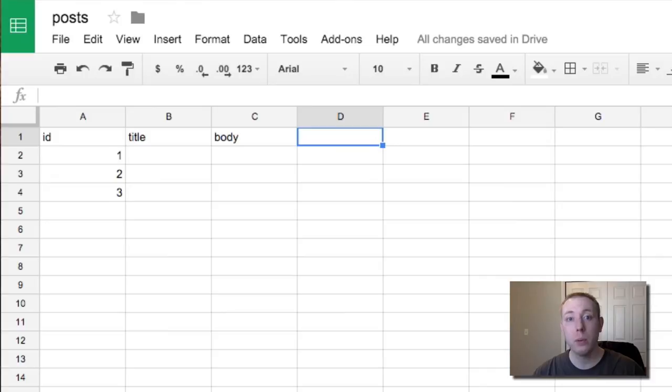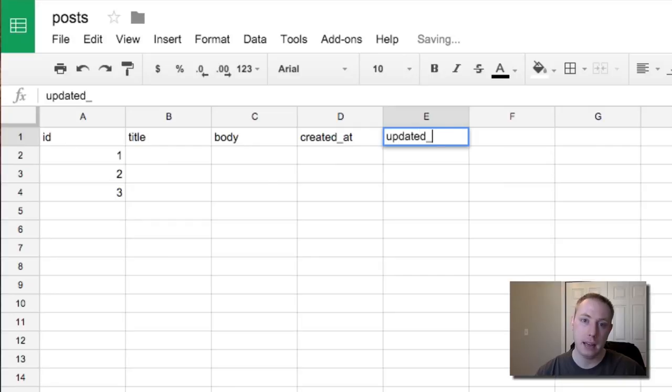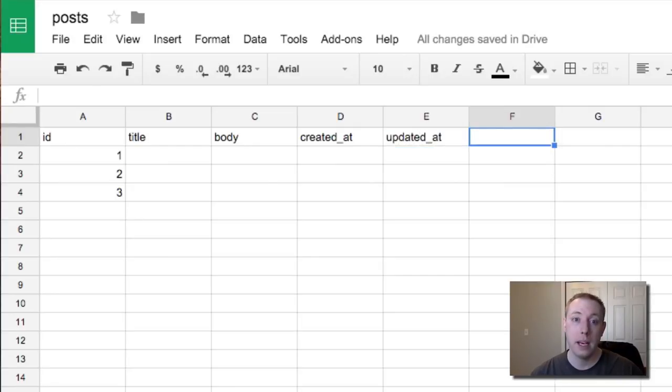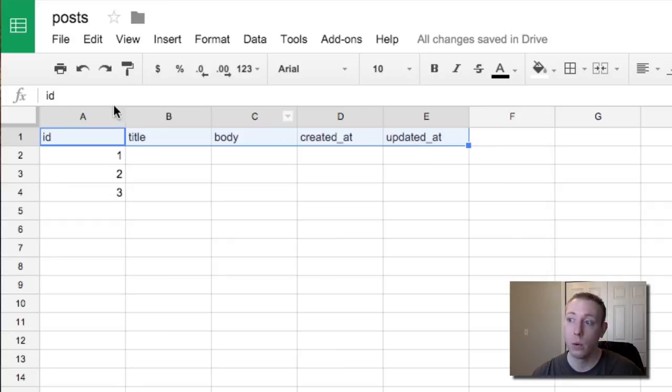Timestamps normally consist of two columns. Two columns, yep. We usually have a created_at that's usually written like this. So it's created_at. And then you normally have an updated_at. And both of these columns together make up what we call timestamps. Okay, so these would basically be the columns for our